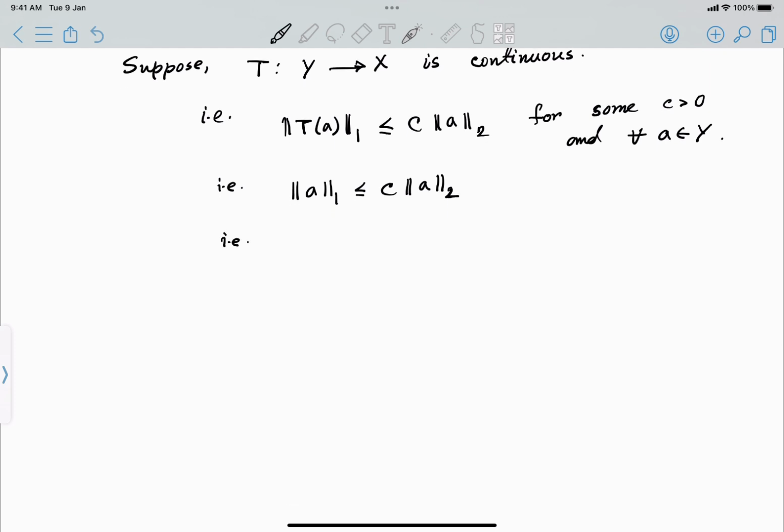This is the same as the sum over n equals 1 to infinity of |an| less than c times